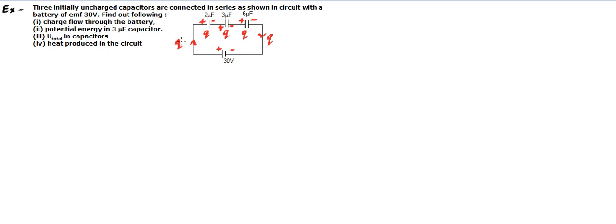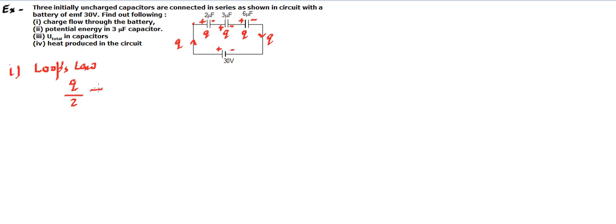To find the value of q, we can use Kirchhoff's laws. Using Kirchhoff's loop law, and there is a single loop, so we can apply the loop law in that loop. Let's say we start from this terminal point and come back to the same point, moving in this clockwise sense. When we move ahead from this point, we will find a 2 microfarad capacitor. So the potential drop in this capacitor is going to be q upon C, where C is 2 microfarad. I'm writing q in microcoulomb so that the micros cancel.